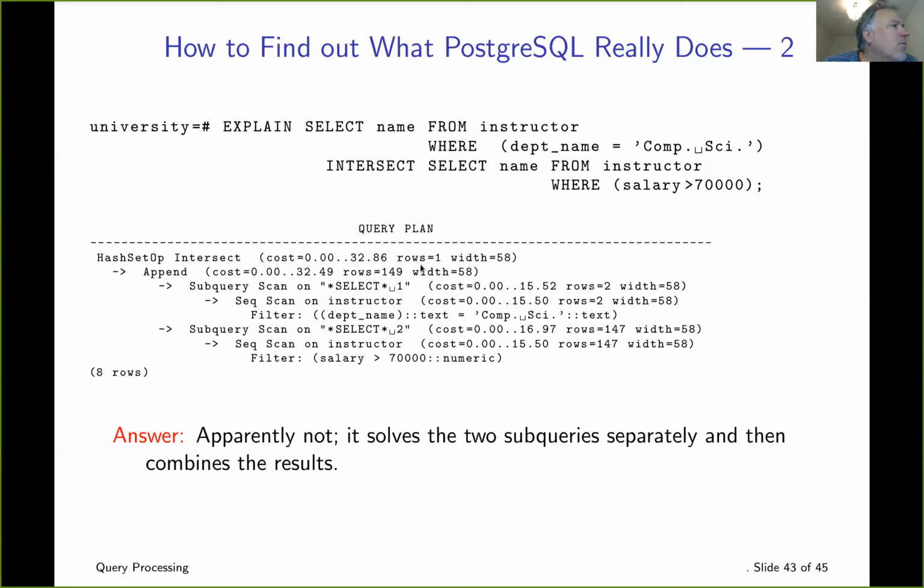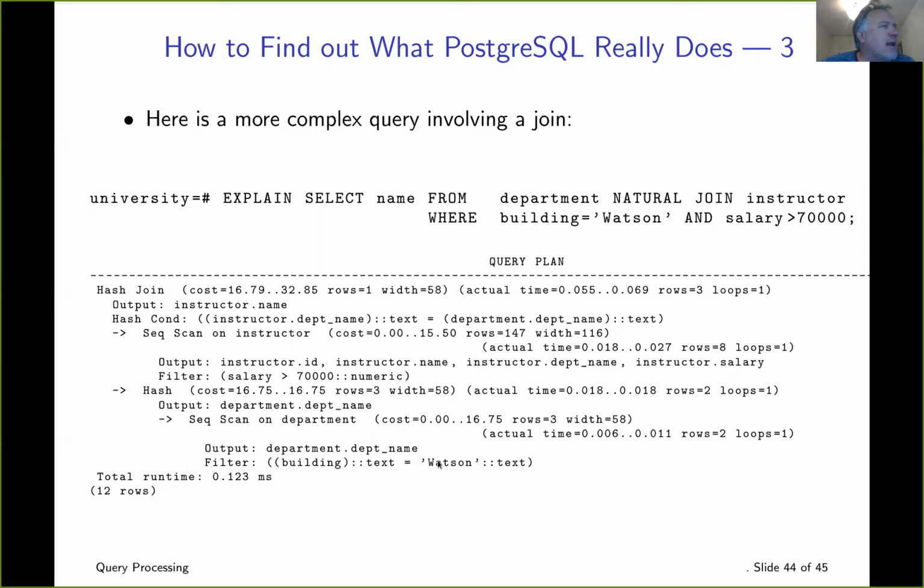All right, so yeah, here's something involving a join. Look right here, it's doing a hash join. To understand these, it's kind of working from the bottom out. So what it's doing here is a sequential scan on department, where it's looking for the building being Watson building,